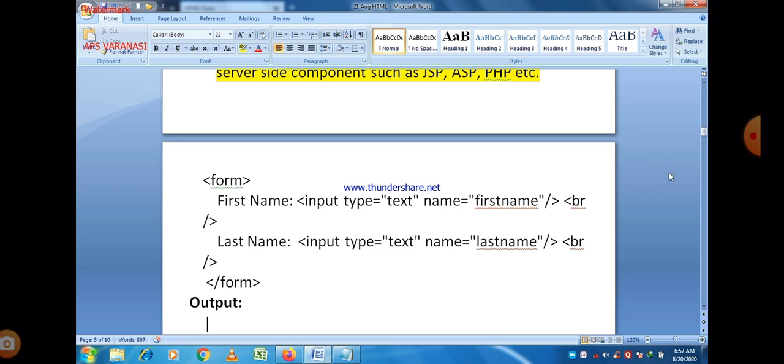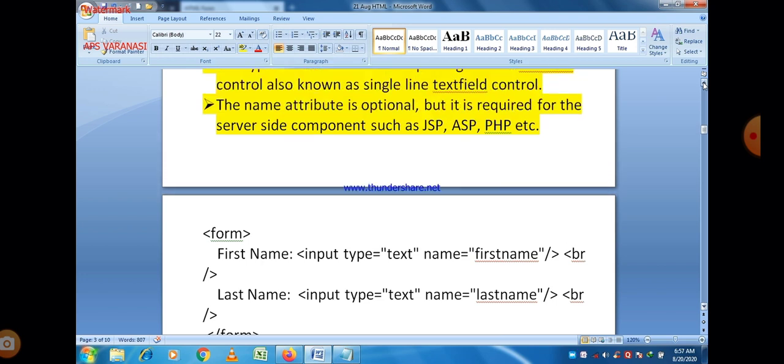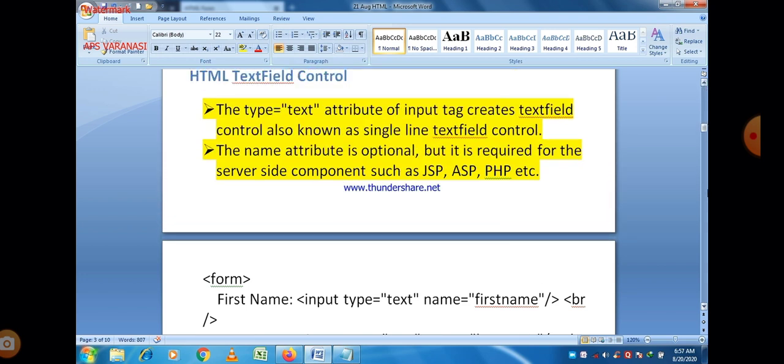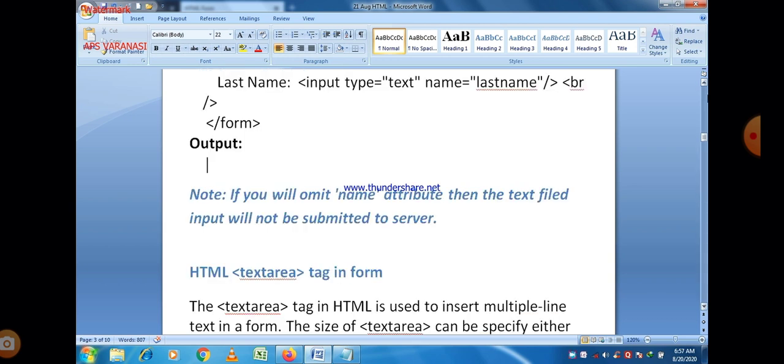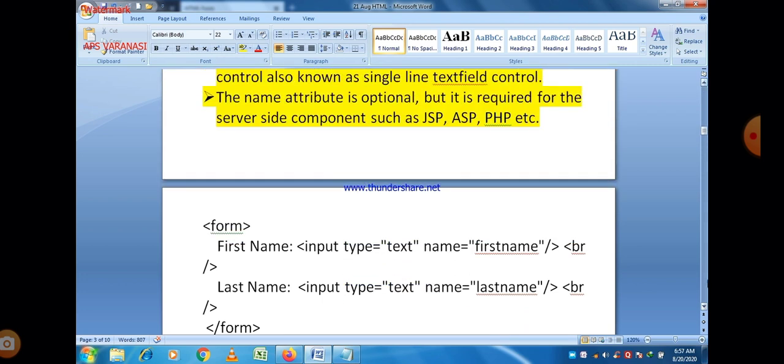First name, and after the first input element we just give a br tag to break a line, and then the name of the second element, last name, that will give you a last name. If you don't use the br tag here, then first name and last name both appear on the same line.